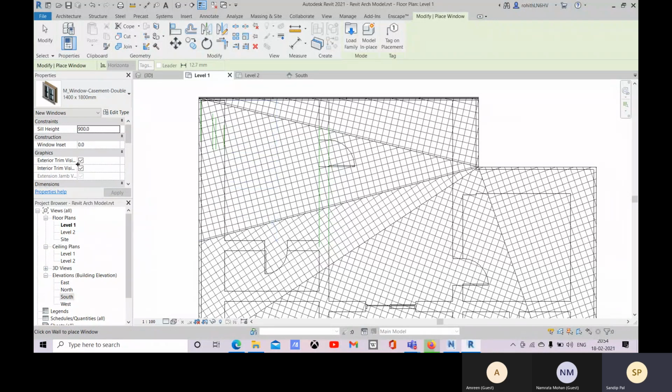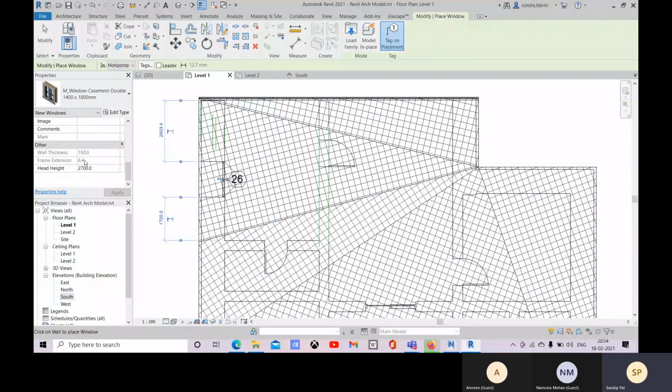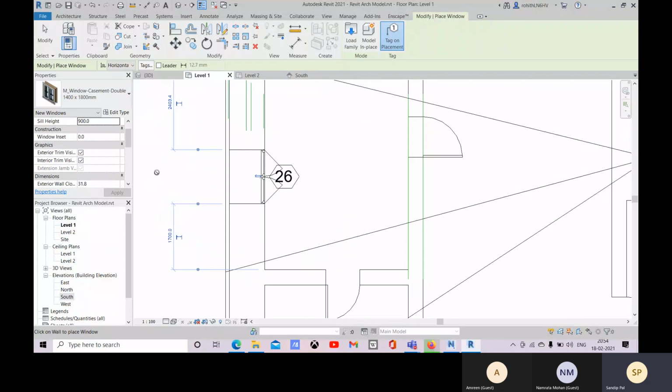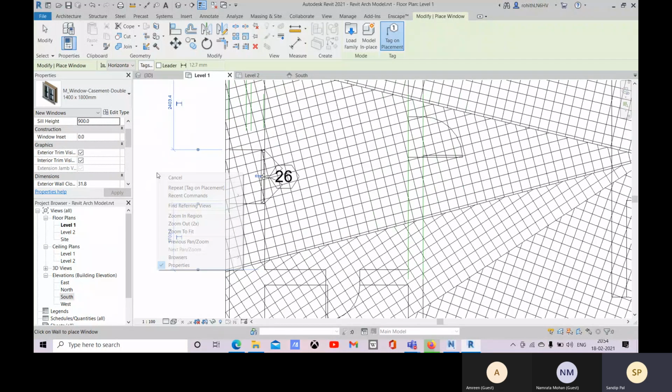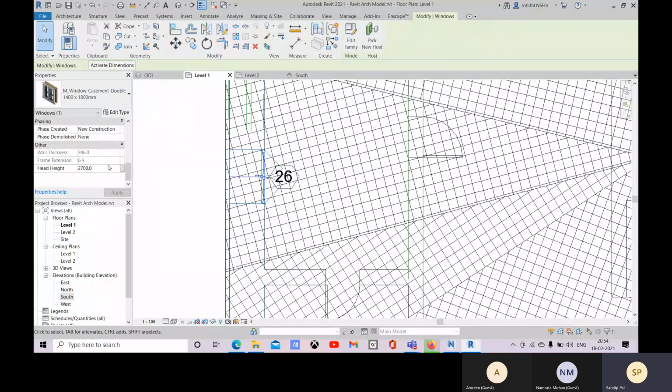Okay, so now while placing door or window, you will have this one also, tag on placement. While placing, you can activate this and you will have tag with this placement. So you can change the tag value. Let me select this and change. Let's change the mark like W1.